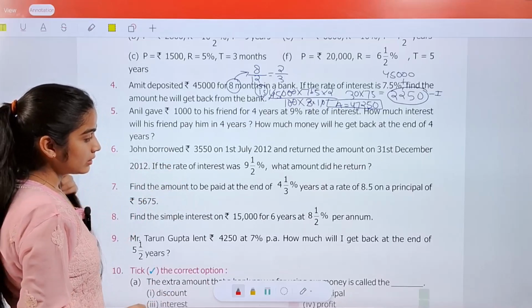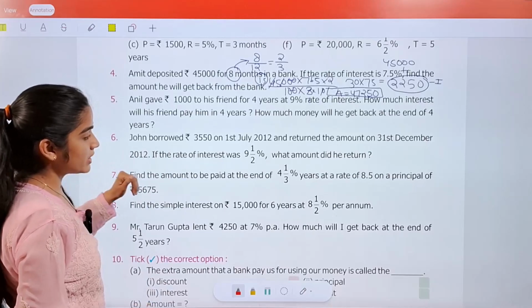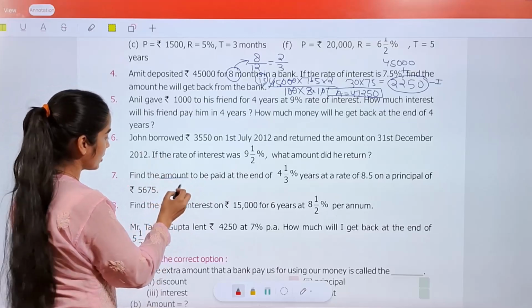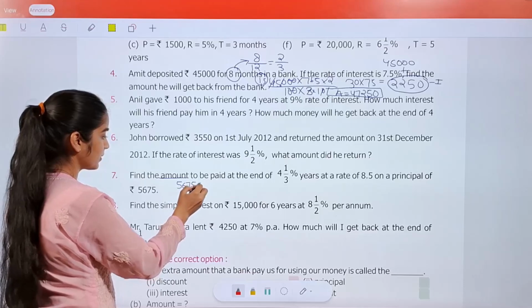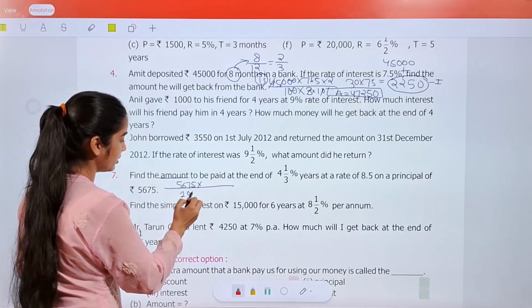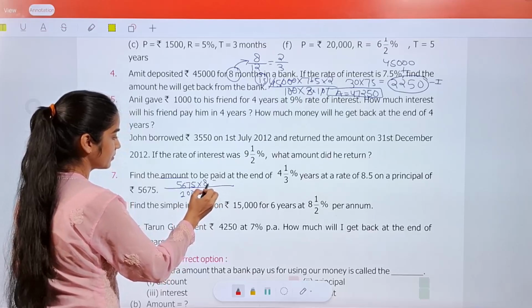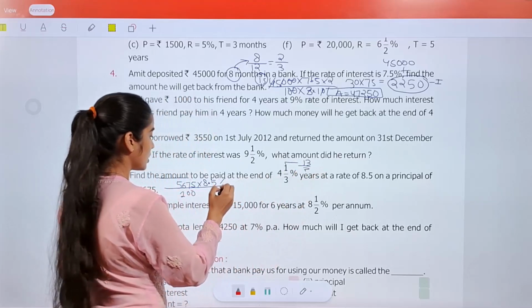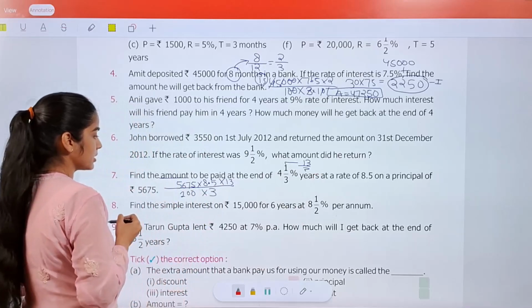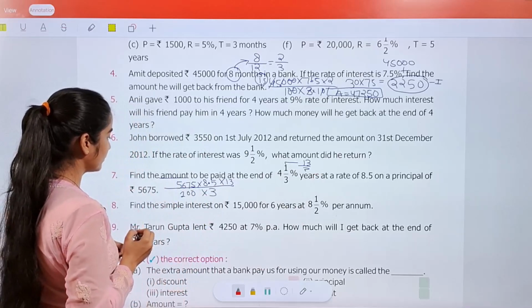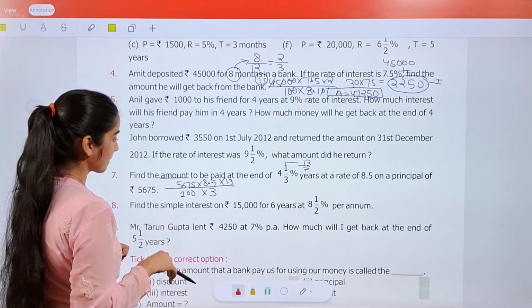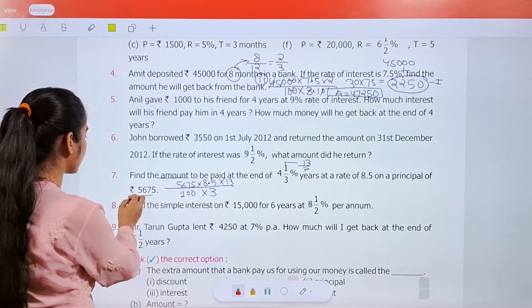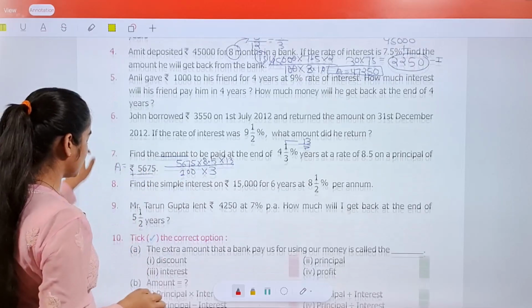4 1/3 years at a rate of interest of 8.5% on a principal of this। हमें अमाउंट कैलकुलेट करना है, तो आप क्या करोगे, प्रिंसिपल है आपका 5675 मल्टीप्लाई 100, आपका इंटरेस्ट है 8.5। आप इसे सिंप्लीफाई करोगे तो 4 3s are 12, 12 plus 1 is 13, तो 13/3 आपका आ जाएगा। यहाँ पे 13 मल्टीप्लाई बाय 3। ठीक है, तो यहाँ पे सॉल्व नहीं हो पाएगा। बच्चे थोड़ी कैलकुलेटिव है, तो थोड़ा कैलकुलेट करोगे, आपका आंसर आएगा। जो भी आपका आंसर आएगा वो प्रिंसिपल में आप ऐड कर दोगे, तो आपका अमाउंट आ जाएगा।